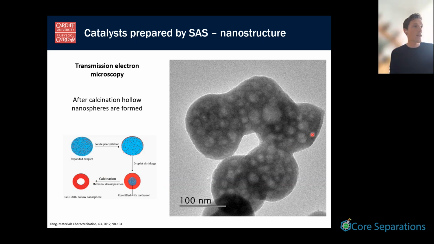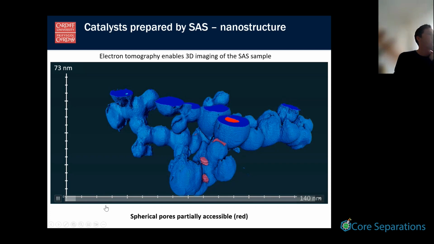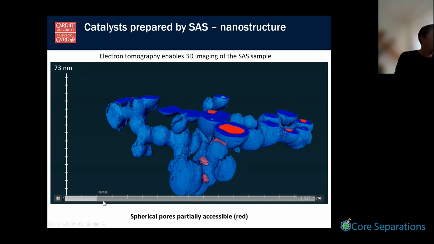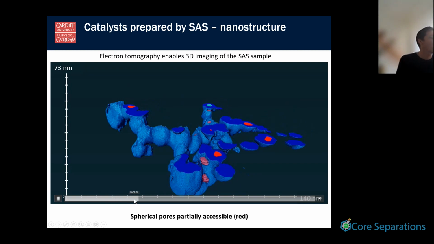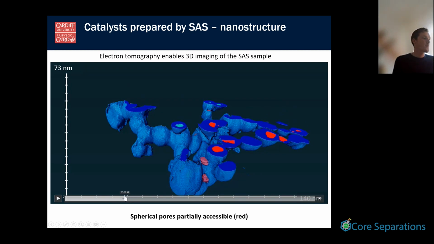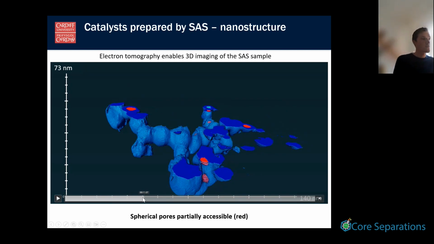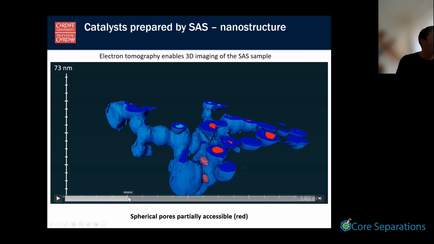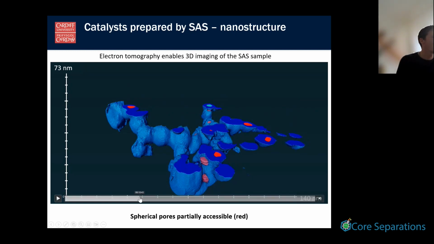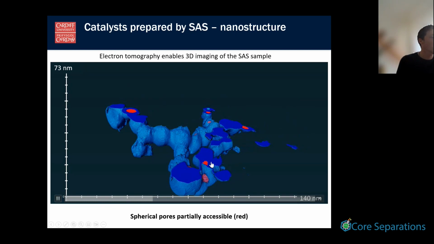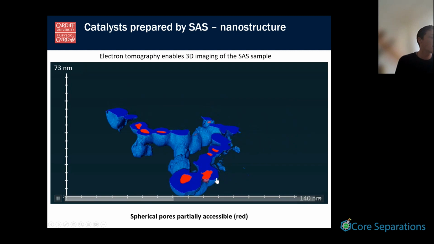And something that we've done really recently at Cardiff is develop this electron tomography reconstruction of our SAS-made materials. And so we can achieve this by taking 2D images of our material at different angles. So we do what we call tilt series, and then using an algorithm, we can reconstruct the image in 3 dimensions. And what this video shows as we go through the cross section is you have some of these internal pores that are red, and some of them are more of a turquoisey kind of teal color. The ones that are red are actually accessible, so we could get gas molecules in there, reactants, whereas the teal